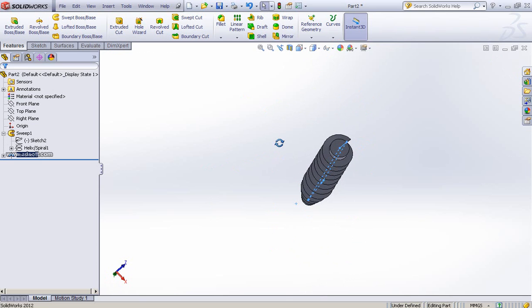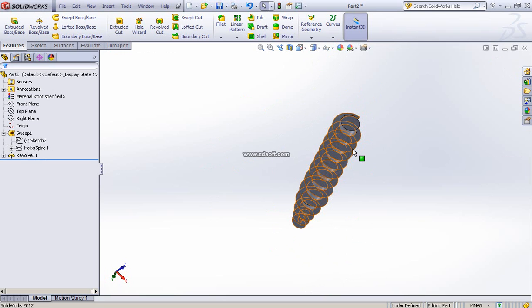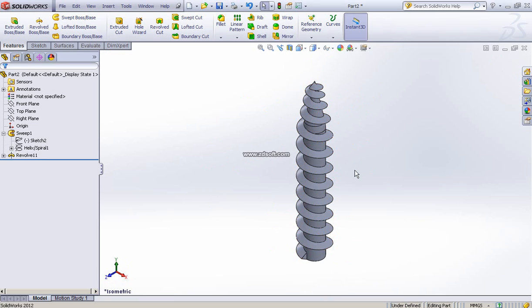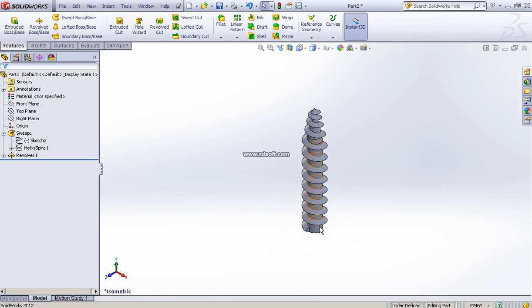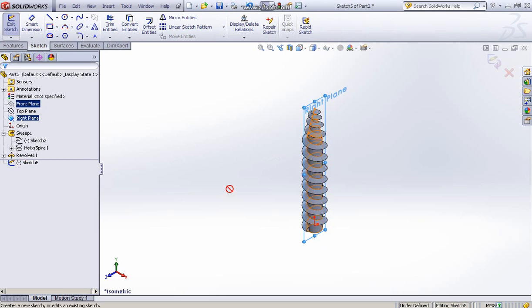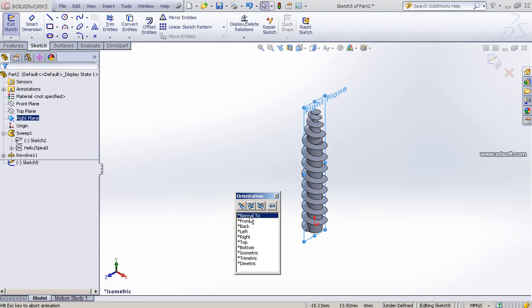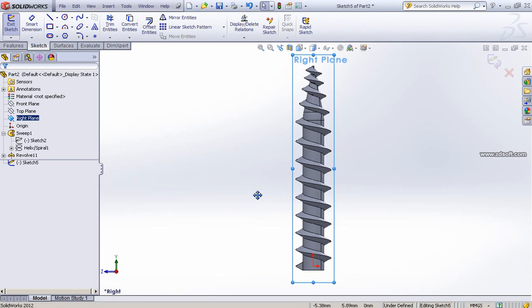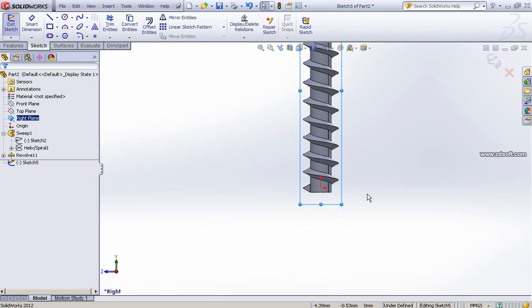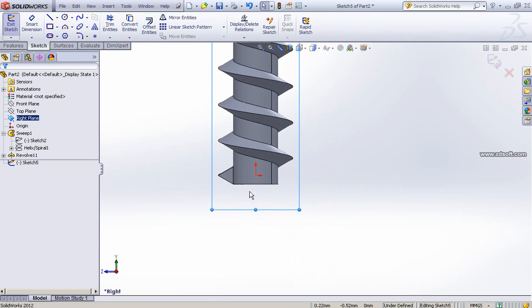So we just rotate it, go to the bottom view. So we don't make the sketch plane on the top view. Let's go to the isometric view first. We can form the screw head also by revolve, by drawing the profile to be revolved. Let's do it on either the front plane or the right plane. Let's try the right plane, and we make a sketch on the right plane. Then we go to normal view. Then we draw the profile of the dome shape